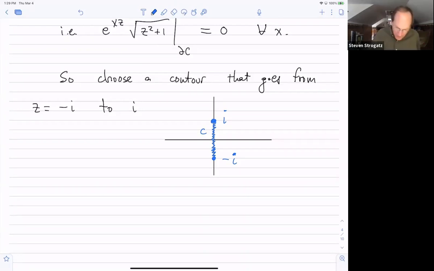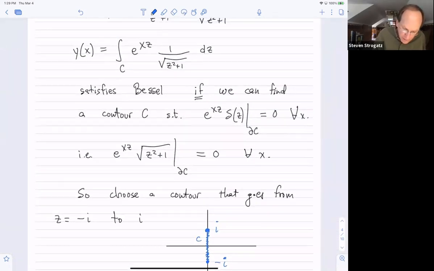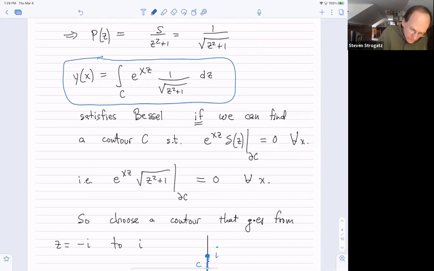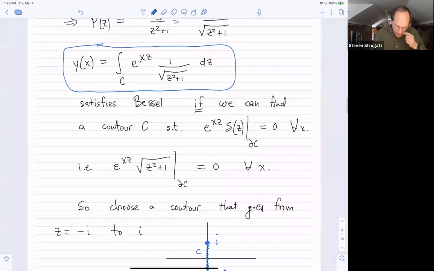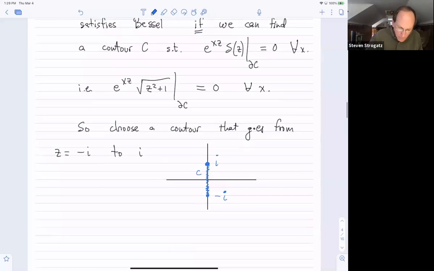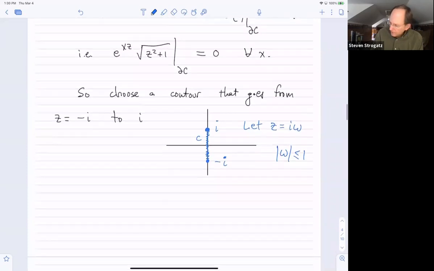What we're saying is, if I do that, then when I substitute back for my expression for y of x, maybe this deserves a box. If I take that y of x and do the contour I just said, so let's rewrite z as i times some other variable. Let's say z equals iw, where the w goes from 1 to -1. Then my integral becomes